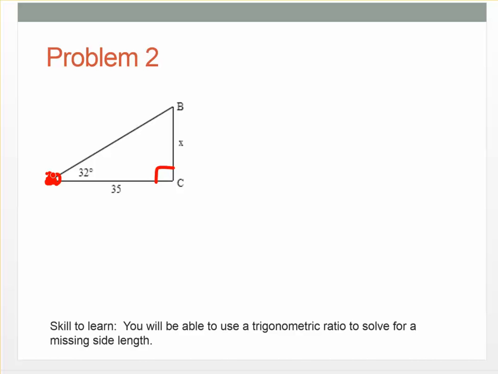Once we identify the reference angle, we then figure out which one is the hypotenuse, which side is the opposite, and which side is the adjacent. Now, the trick that I'm going to show you is that you want to look for which side you have and which side you need. You have the adjacent and you need the opposite. The hypotenuse is not given and we're not being asked to find it, so we don't need a trig ratio that involves the hypotenuse. So I'm going to write it up here,